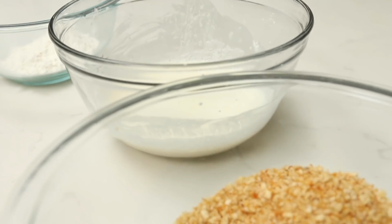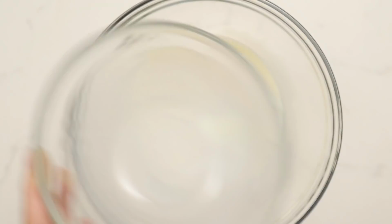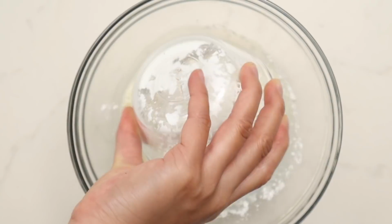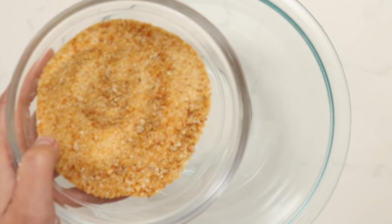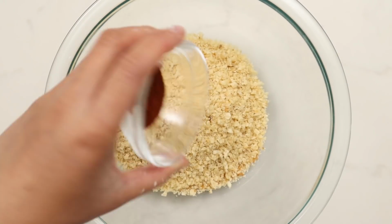Prepare your dredging stations by adding gluten-free flour into one bowl. In a second bowl, add non-dairy milk, white vinegar, and cornstarch. And in a third bowl, add gluten-free breadcrumbs as well as the ground-up white corn tortilla chips, plus chili powder,